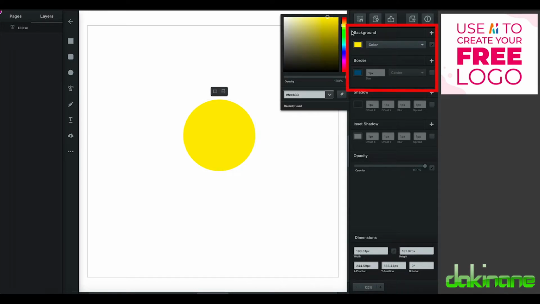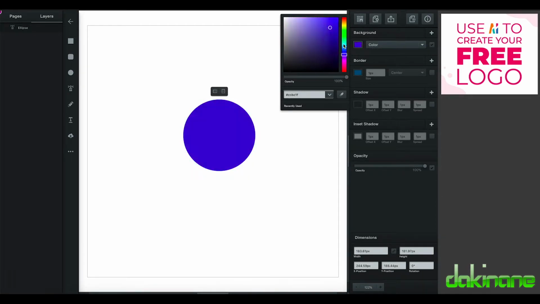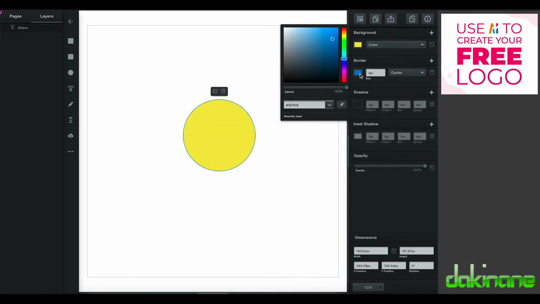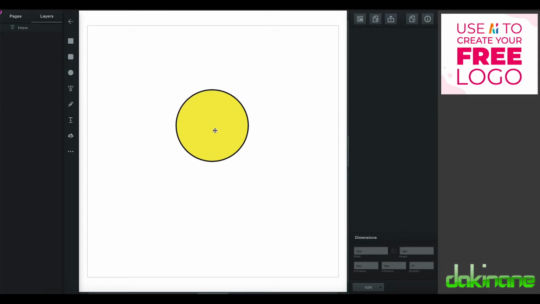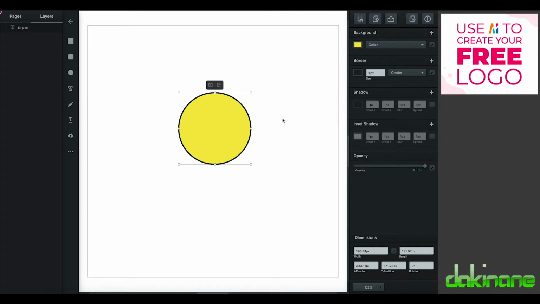We can change the colour by just clicking on the slider and choosing the colour that we want. Every time you use it, it picks a different random colour for you. So let's just stick with that yellow, that's fine for the minute. Over here, you can choose your colour again and change the size of the boundary if you want to, and that's entirely up to you. So what we're going to do is I'm going to show you how I can make a complex shape with just a circle. So first of all, I'm going to copy that circle